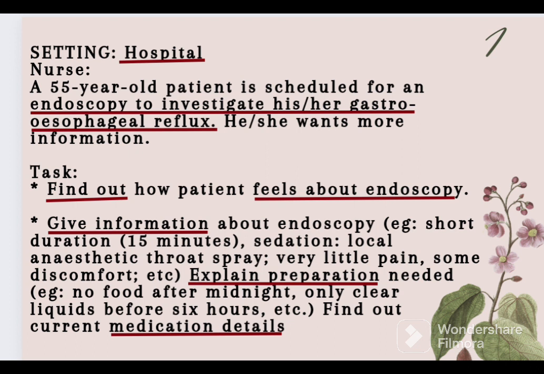So our next task, the second task, will be like this. No need to worry, Mr. George. I will give you some information about this endoscopy. It is a simple procedure to analyze your gastrointestinal tract, and it will take only a short duration, that's 15 to 20 minutes. In this procedure, at the starting time itself they will give you a local anesthetic spray over your throat so that you will not feel any pain at the time of the procedure. But after the procedure, maybe there will be only a little pain or some discomfort. Are you getting my point? Like that we can ask. Then we will continue with that.